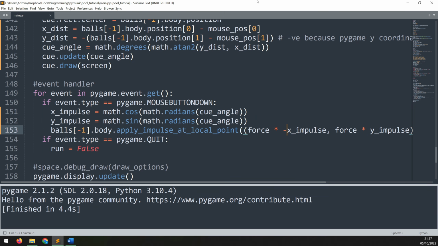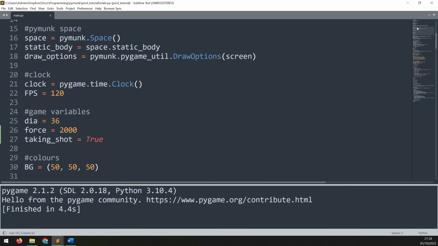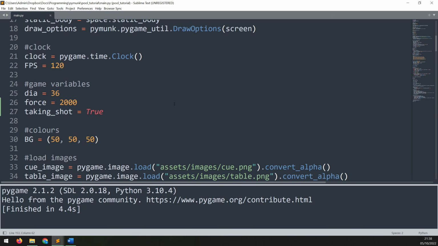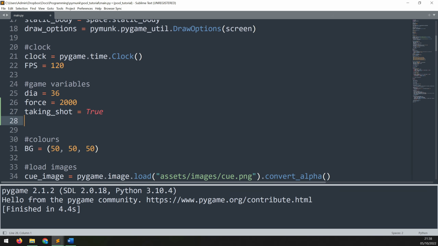But right now, that force is fixed, so we always just hit the cue ball with the same power each time. Sometimes we want to be able to hit it harder, sometimes we want to be able to just tap it. Well, that means we need a way of controlling this force. So let's go all the way back up to where we define our game variables. And underneath taking_shot, we will add another one, which will be powering_up. And we'll set this to false to begin with,